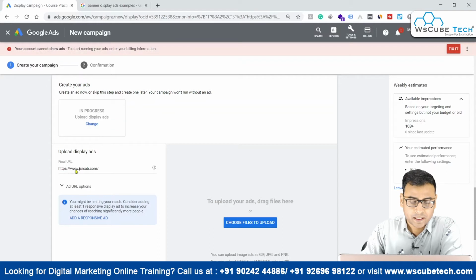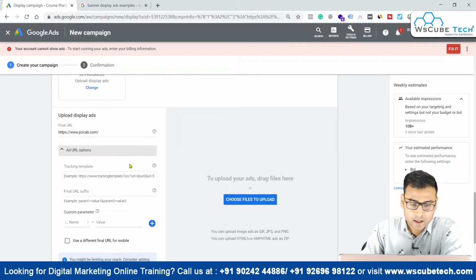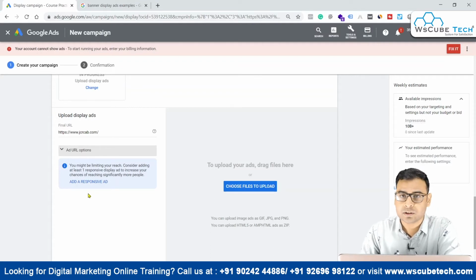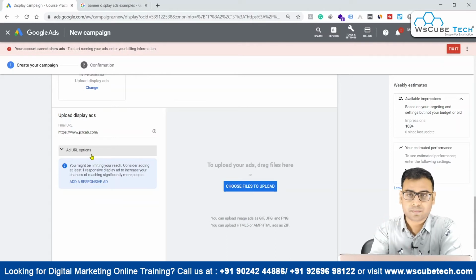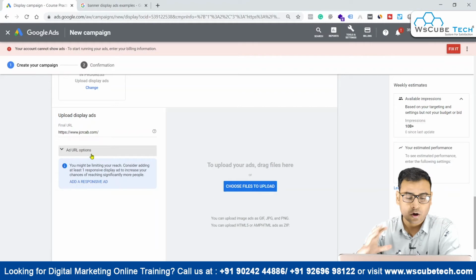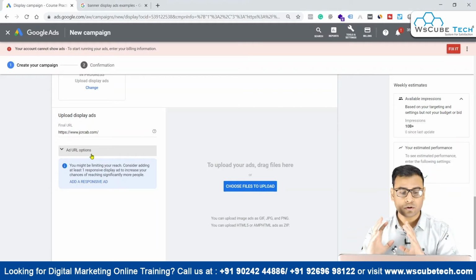Once your website is over here, you again have the add URL option, which is basically the tracking template. If you want to attach it to these display ads, you can do that. You again have the option of adding a responsive ad over here. Google suggests that you at least add a responsive ad, and that is for display campaigns, and also for search campaigns. They always recommend adding a responsive ad along with the content you have.